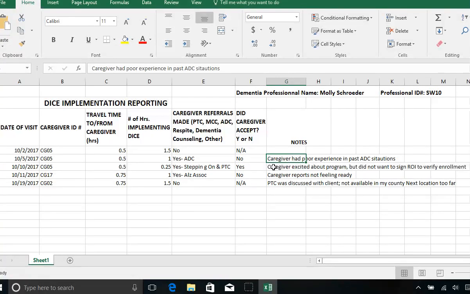Next, let's look at the example of where I discussed and offered the Stepping On program and Powerful Tools for Caregivers to Caregiver 05. So that would be on this date, October 10th, Caregiver 05 again, at my travel time. This is where we just briefly talked about the caregiver support services, which were Stepping On and Powerful Tools. So I gave the caregiver the information and referral. Did the caregiver accept? Yes, she did. However,